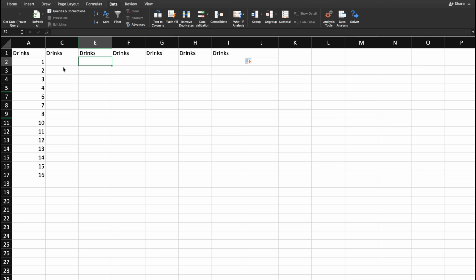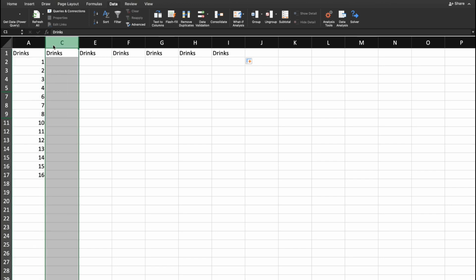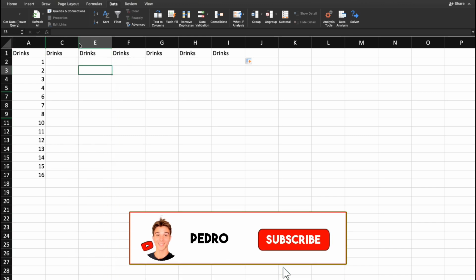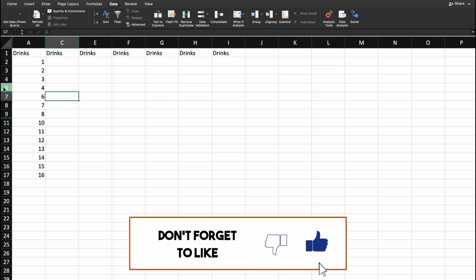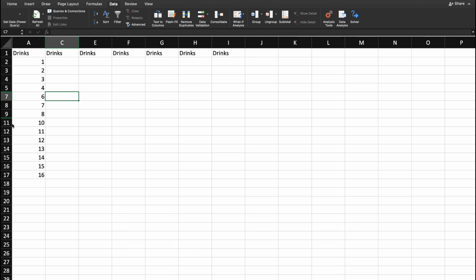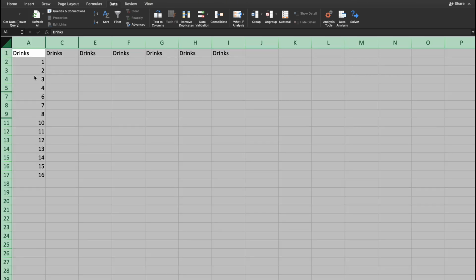First of all, you go to Excel, and as you can see I have some of the columns hidden. As you can see, B is hidden, D is hidden, and here in the rows I have 6 hidden and 10 hidden. So basically, to unhide all the rows or columns at once, all you have to do is to